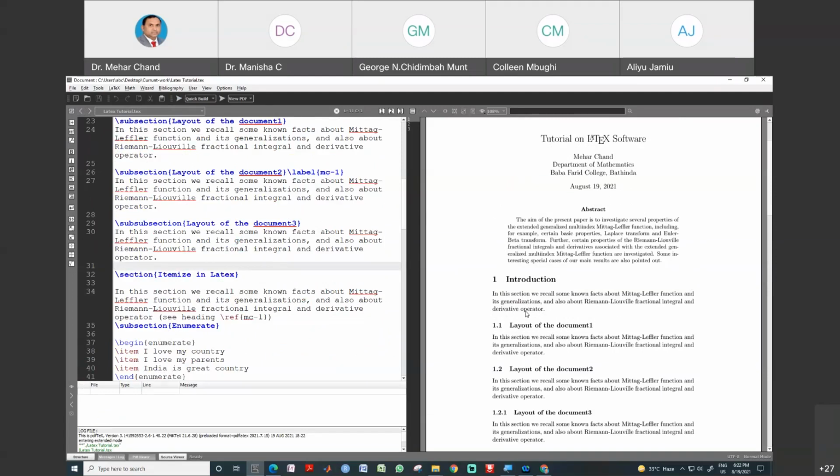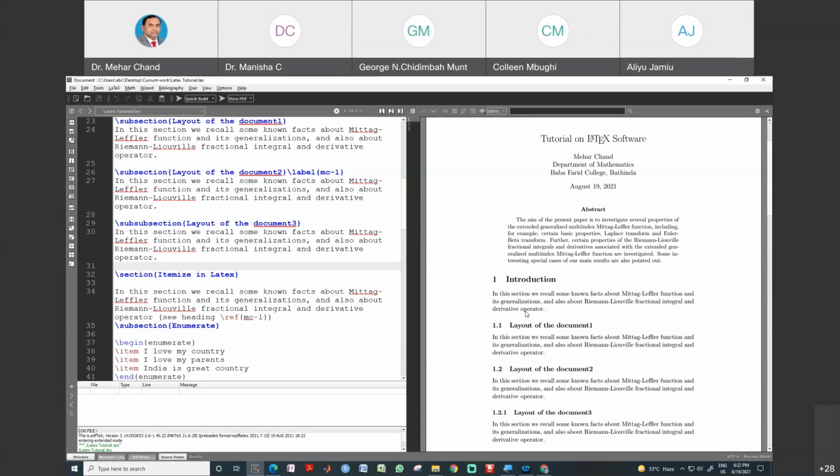Now, one important thing is labeling. Labeling is very important. We can label equations, headings, subheadings, figures, and tables inserted in our document. This is very important because sometimes we need to insert or delete a figure, table, heading, or subheading.